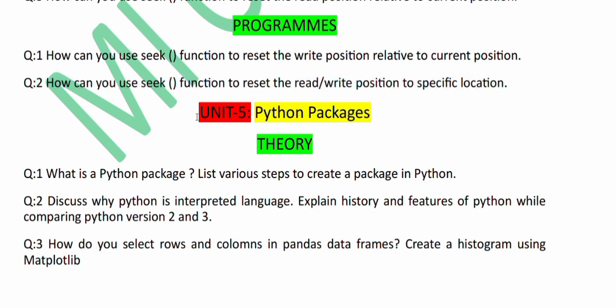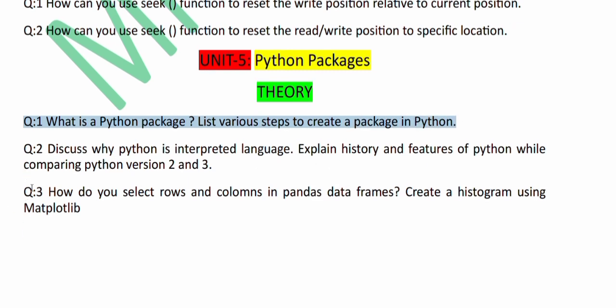Here we have discussed the last unit, number 5, Python packages. And we start with the theory questions. What is a Python package? List various steps to create a package in Python. And the second question is, discuss